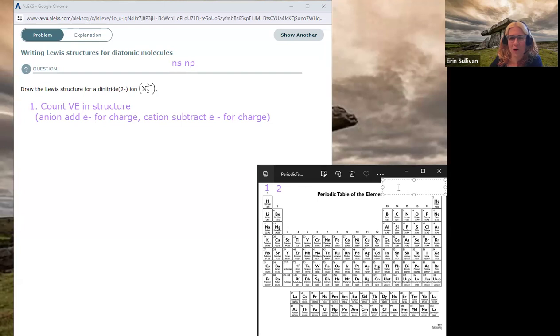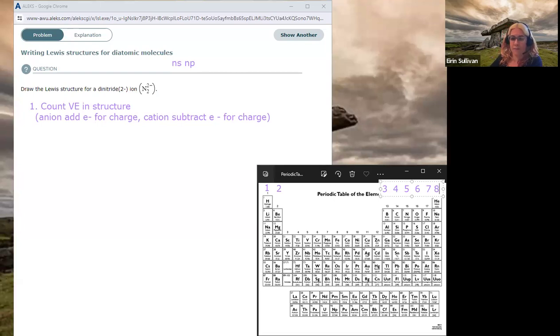Lewis structures only really work well when we're talking about valence electrons in the s or p subshell. So skip over to group 13. It's going to have 3 valence electrons in its Lewis symbol because it has an ns2 np1 configuration. Group 14 is going to have 4 valence electrons because it's ns2 np2. Group 15 is going to have 5 valence electrons because it'll be ns2 np3 configuration. Group 16 will have 6 valence electrons, ns2 np4 configuration. Group 17 will have 7 valence electrons, ns2 np5 configuration, and then finally group 18,